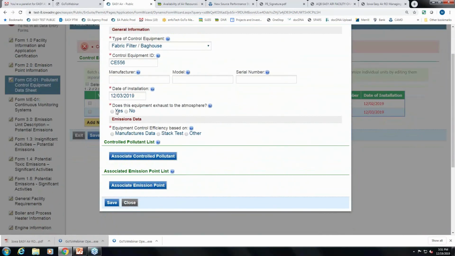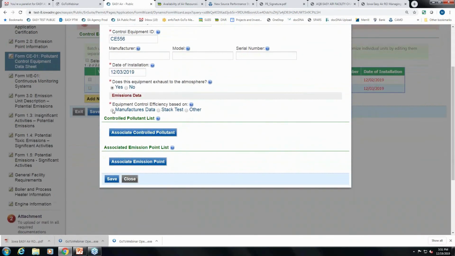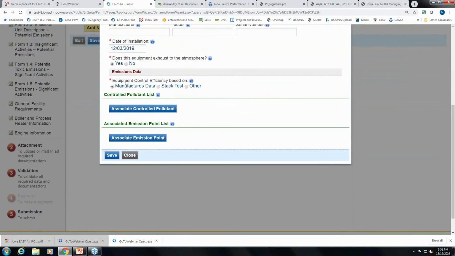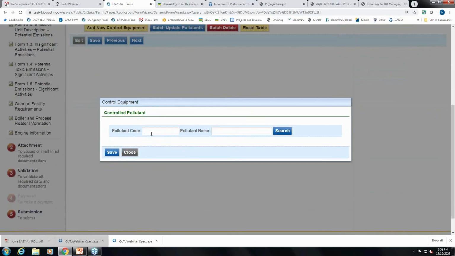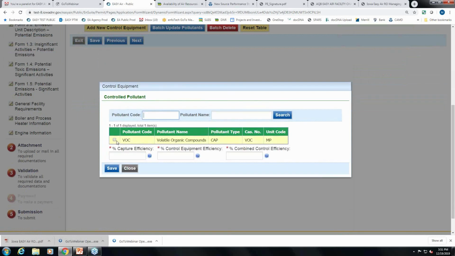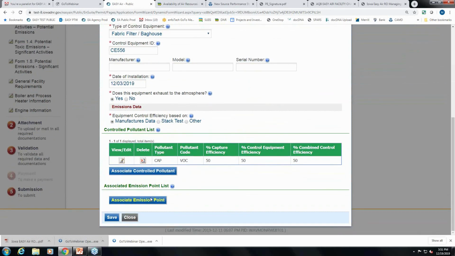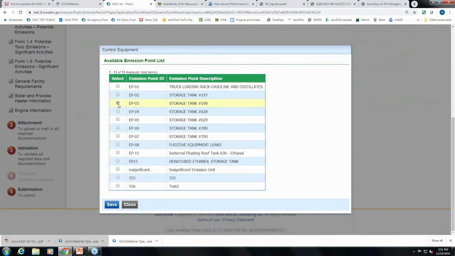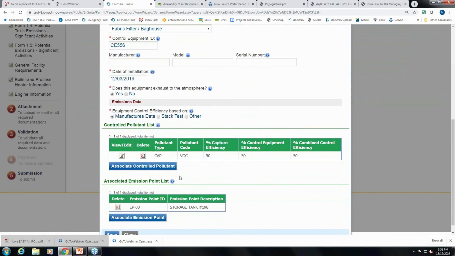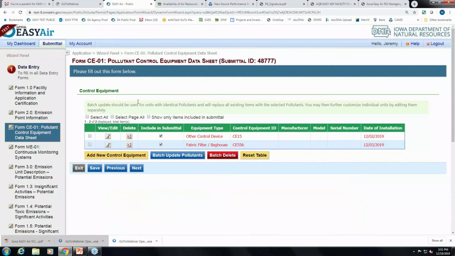We can go in and we can complete the information for this. Associate our emission point, save,